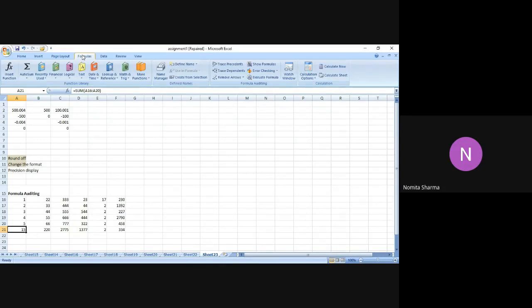It is actually between defined names and calculation. So you go to the formula auditing part of the Formula option, and in that you will see 6 main options. The 6 main options are show formula, error checking, evaluate formula, trace precedence, trace dependence, and remove errors. We'll do these options one by one, and I repeat one more time.